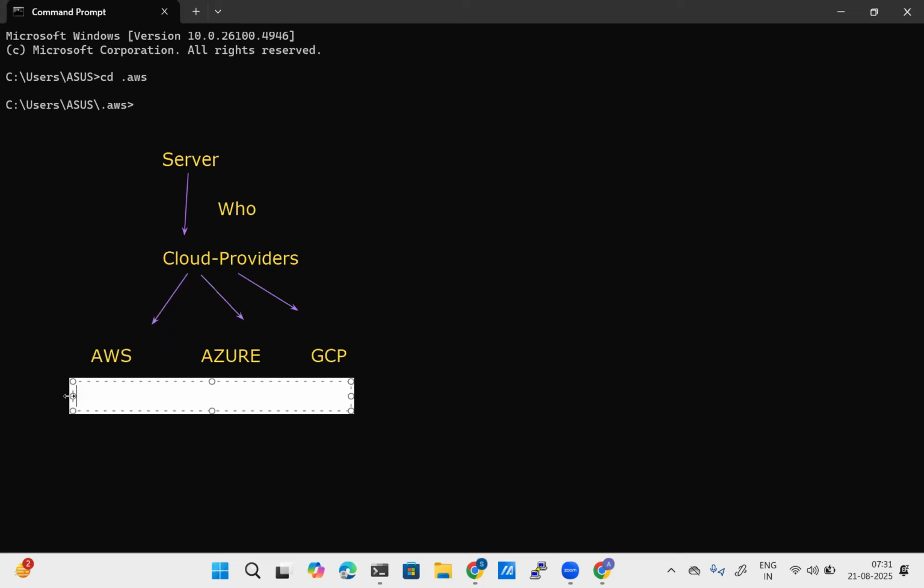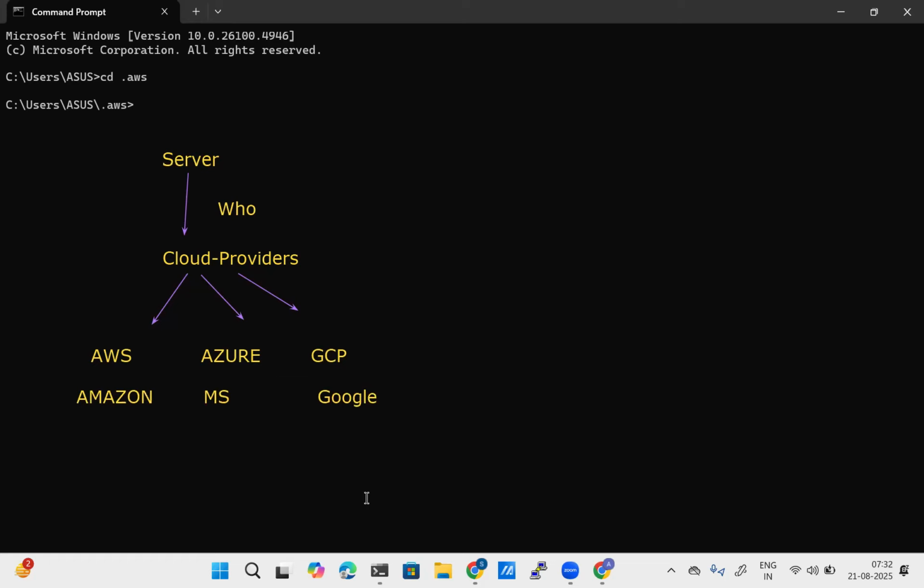Amazon Web Services. Who is the owner of AWS? Amazon. Azure, who is the owner? Microsoft. GCP, what is the full form? Google Cloud Platform. Who is the owner? Google.